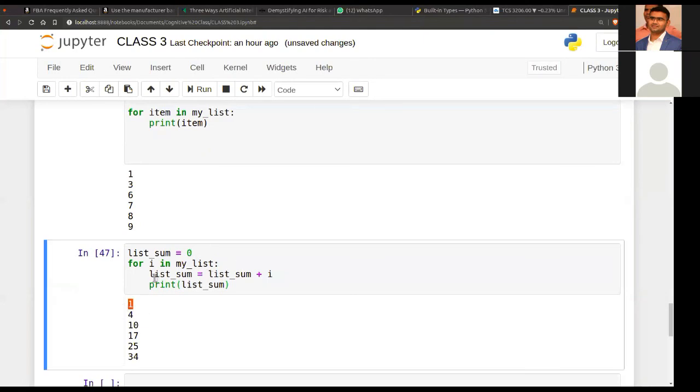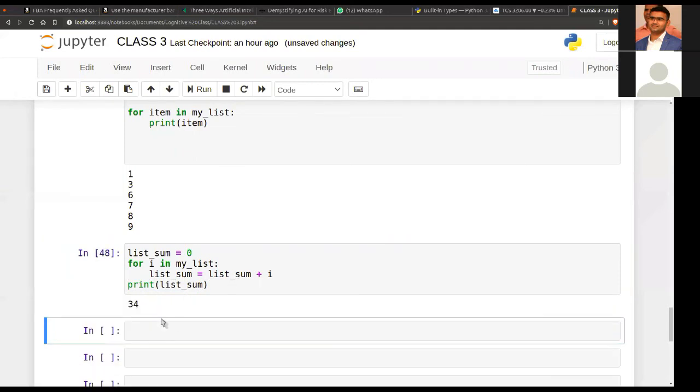For the next iteration, the value of list_sum was 1, so 1 plus i, which is 3 in this case, is 4. So we have a nice tally of the sum of the elements here. If we put the print outside, we get the whole summation.